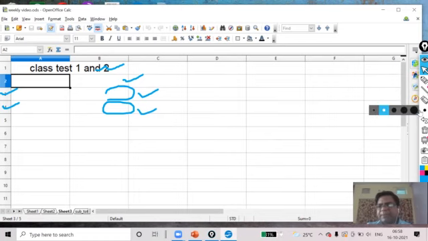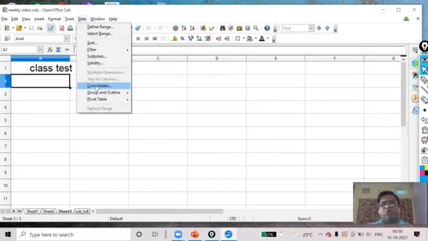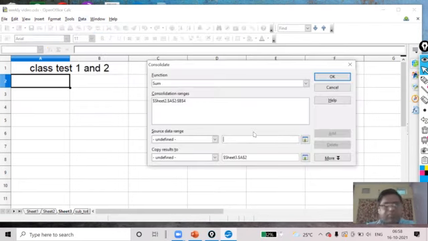For that, you have to keep your cursor in that sheet where you want to show the sum of class test 1 and 2. So I've kept my cursor here. I will go to Data and choose Consolidate.